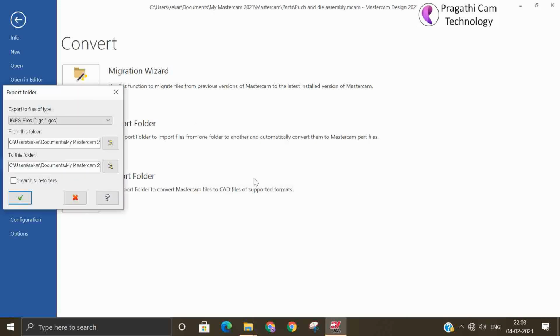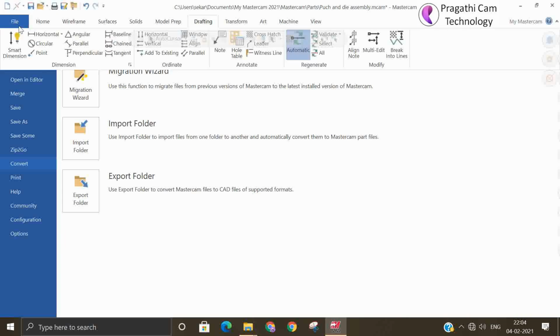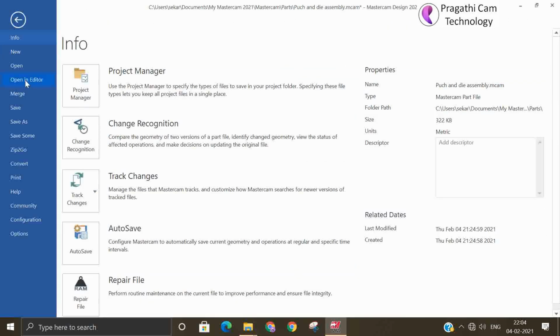Similarly, you can do export also. This in some other folder you can also take it out. But you can export from here also. You can just see the file path, I am showing it to you for the knowledge.